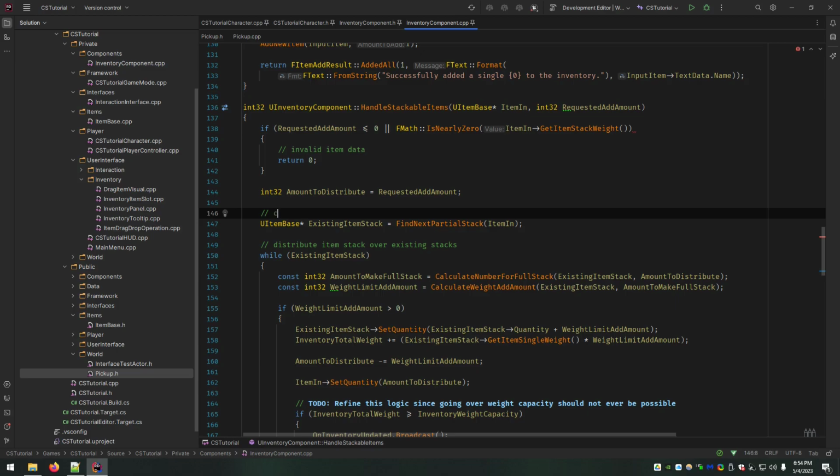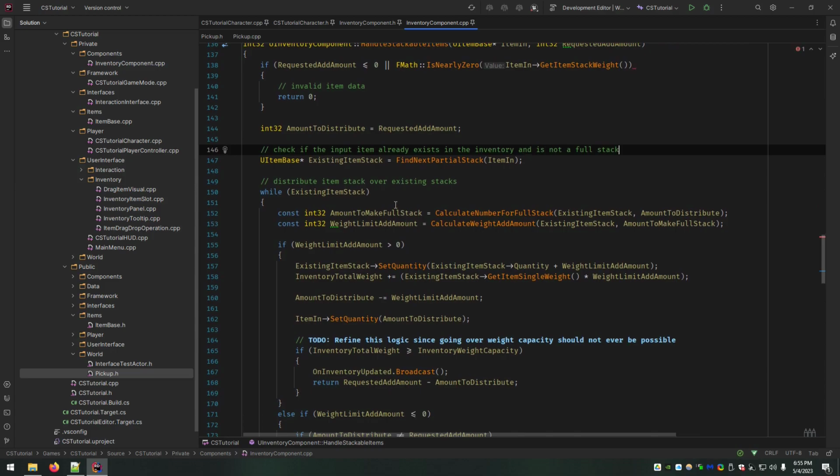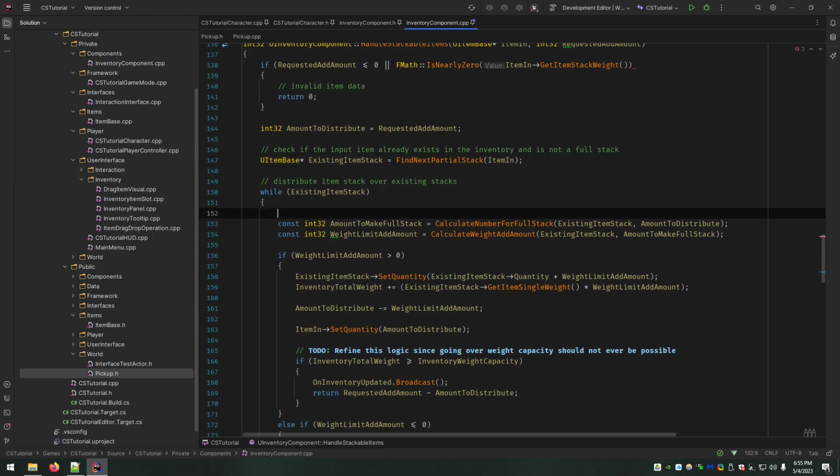So for our existing item stack, we're saying, check if the item already exists in the inventory and is not a full stack. Amount to make full stack is just, calculate how many of the existing item would be needed to make the next full stack.